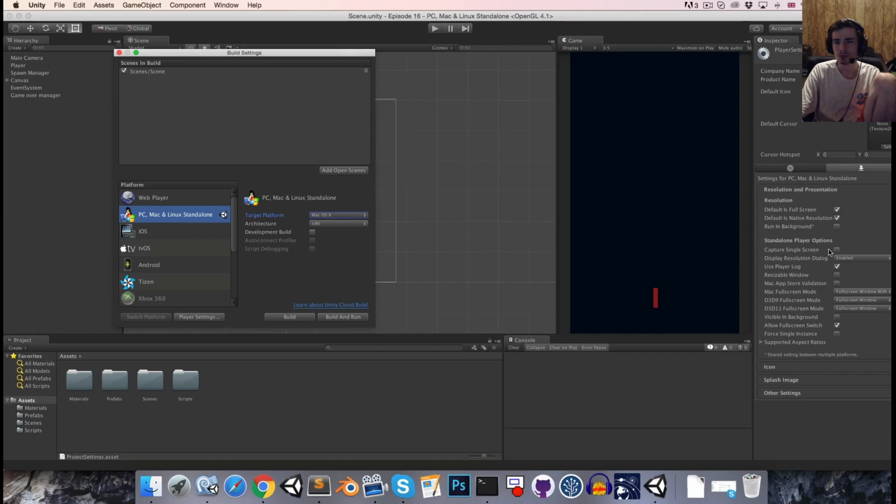So let's just disable the full screen switch, and let's also disable both the is native resolution and the default is full screen. So now we can enter our own default screen width and height. To comply with the aspect ratio, something like 600 by 1000 perhaps. So if we just build this now,